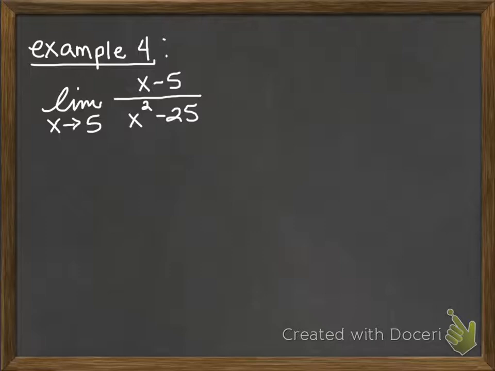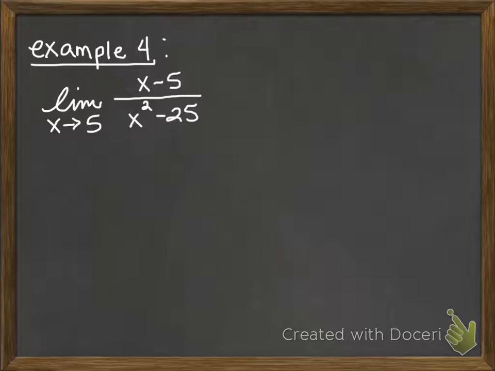Okay, so what if you get a problem where there is a rational function, a fraction, and the denominator is 0? Notice here that if we were in fact to replace this x right here with 5, I would have 25 minus 25, which is 0. So we run into a problem. There's a couple ways of getting around that. One of them is factoring, which is exactly what we're going to do here,